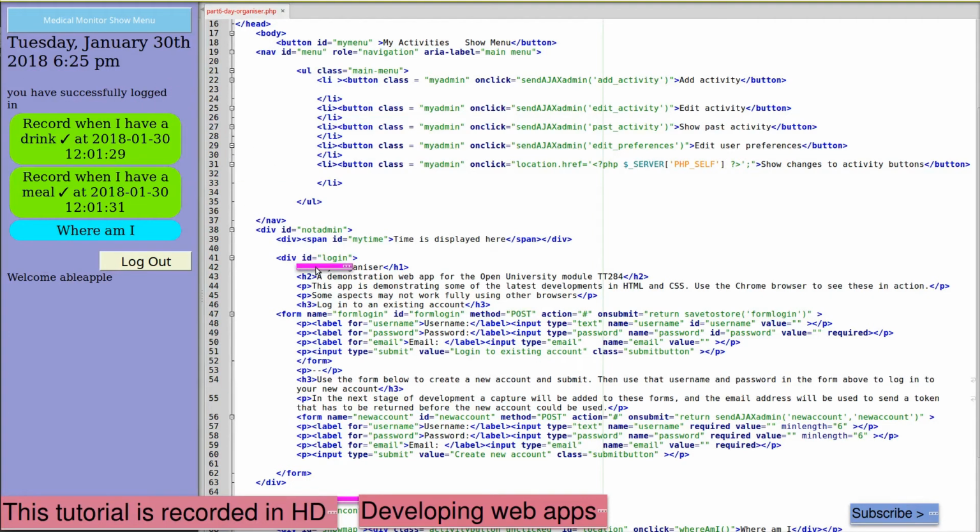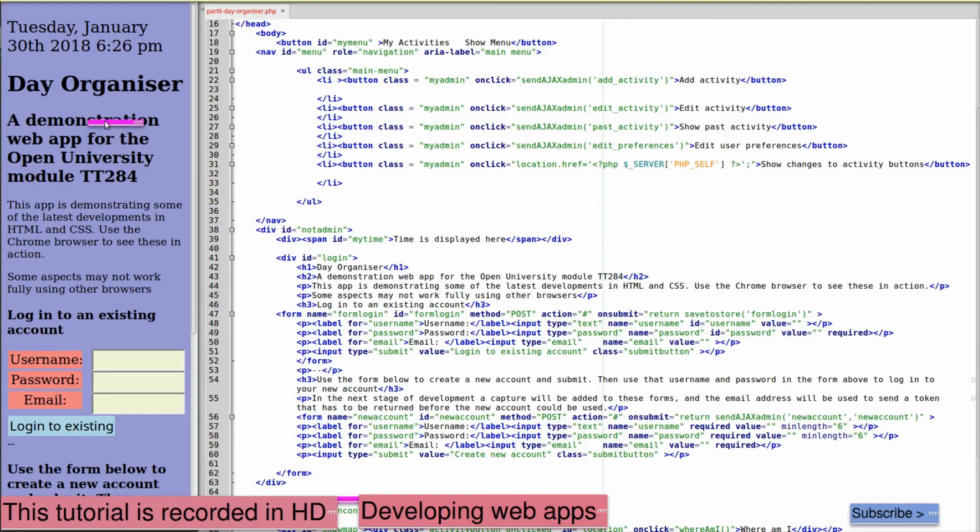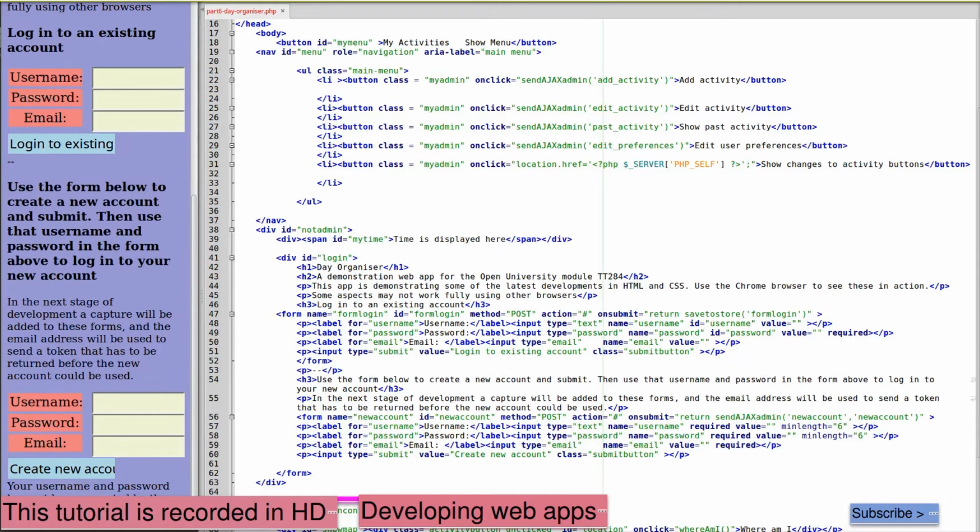If no user is logged in, this text and this form is displayed, which allows a user to log in or to create a new account. If we log out again, this text should be displayed. So here is the text, Day Organiser, and the form. And followed by, if I scroll down, the form to create a new account. I log back in, this form disappears,